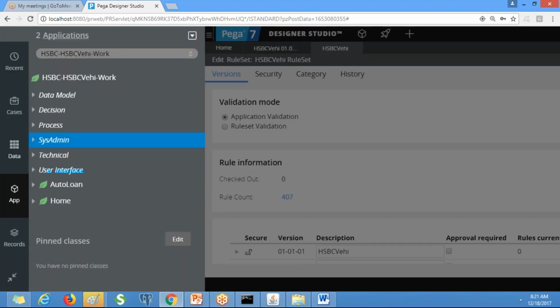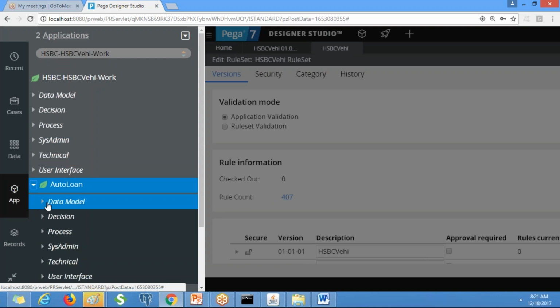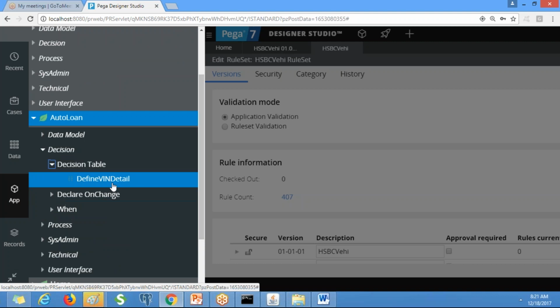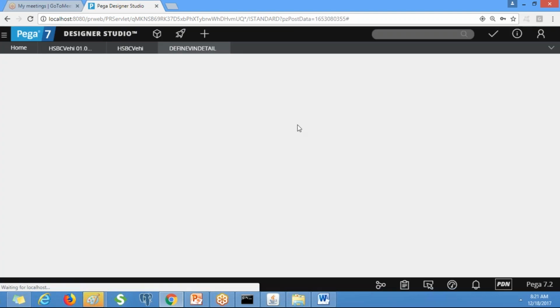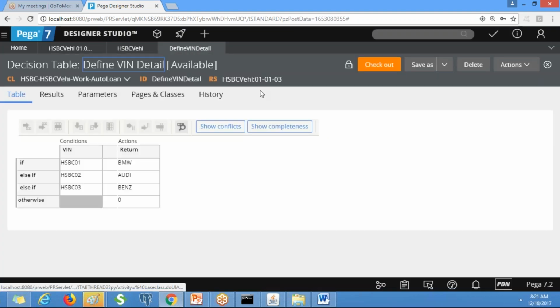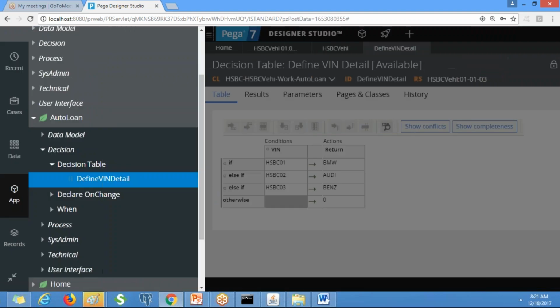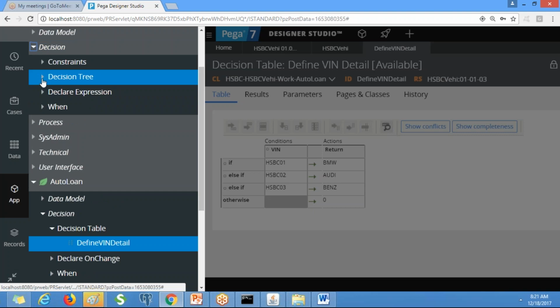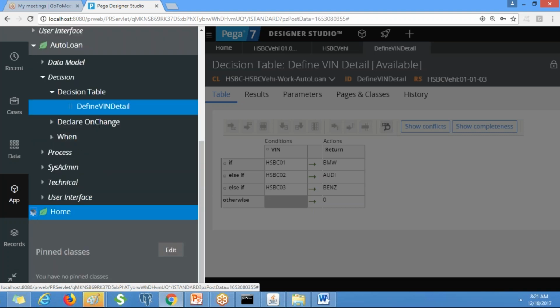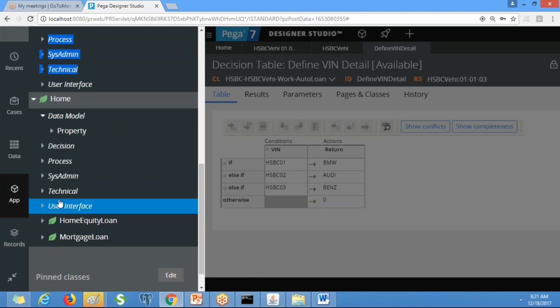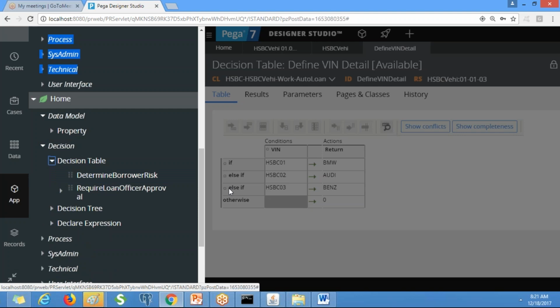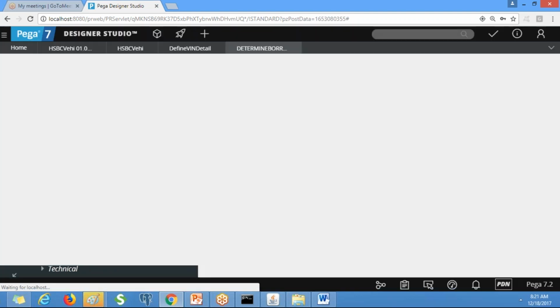And let me open one of the decision tables. We can delegate any kind of decision table, that's not a problem. Determine borrower risk, suppose.